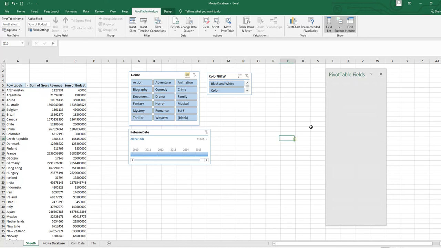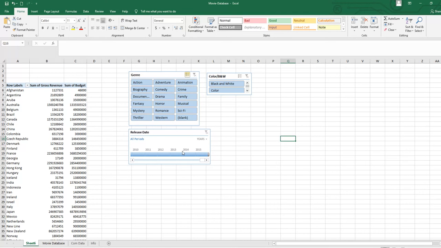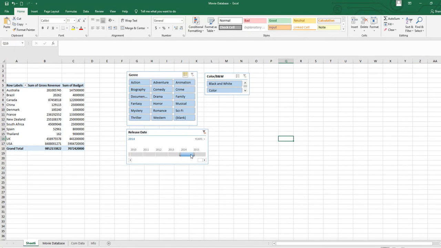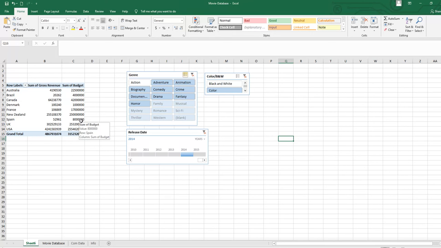So now what is the function of this? See here, if I click on 2014, I say I need all the movies which were released in 2014, just click here. And if I say now I want to see the action movies which were released in 2014, and the movies should be colored, so just click here. So this is the revenue and this is the budget. Now there is no need to click here 3 times, only one time. If I want to see the comedy movies of 2014 and all the movies should be colored, click here. All these 3 are linked together.